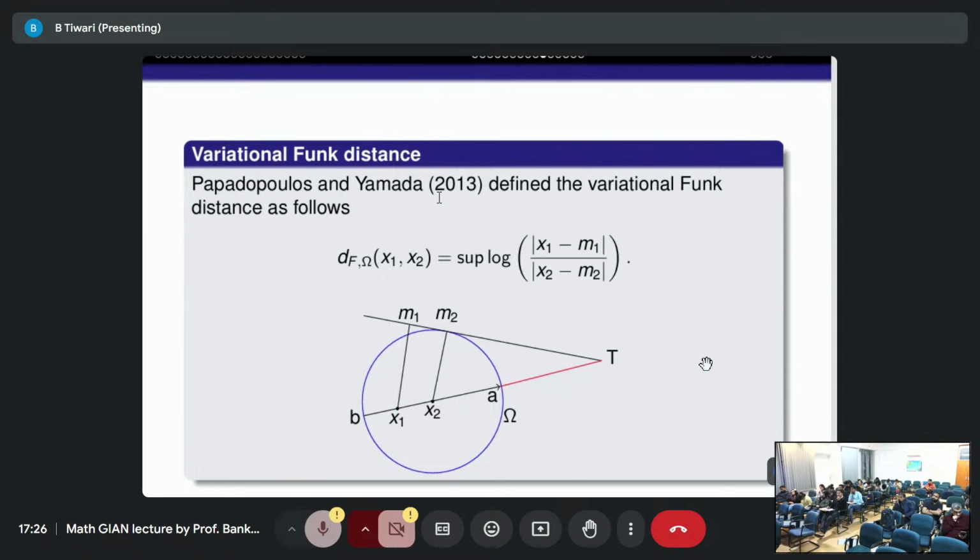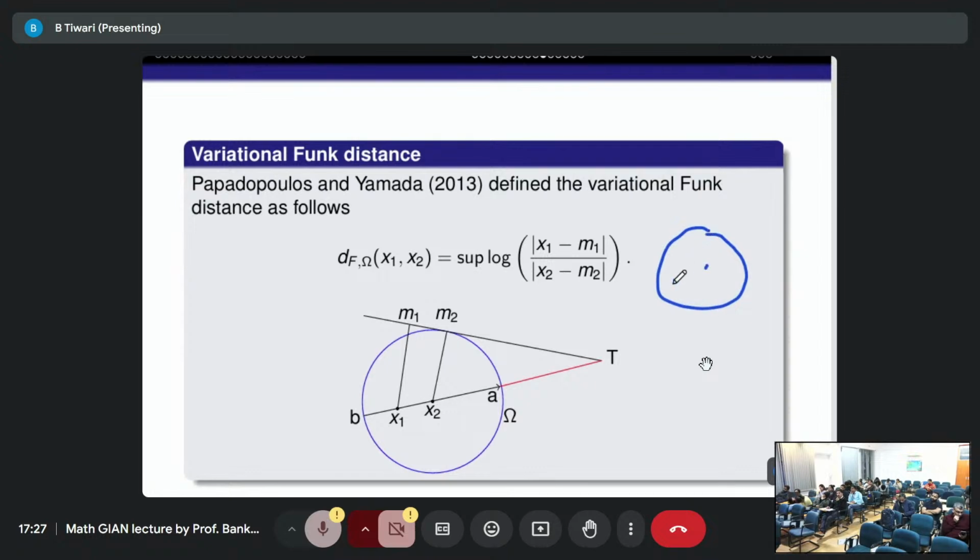Now you see this Funk metric, which we defined such that the distance between two points in a convex set was this log of x1 minus... so it was defined like this. So for any convex set,